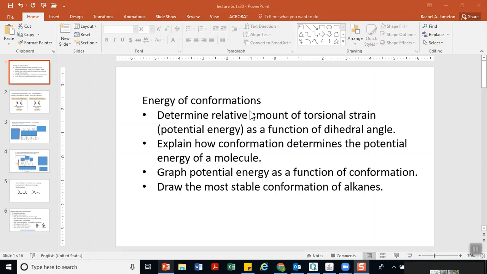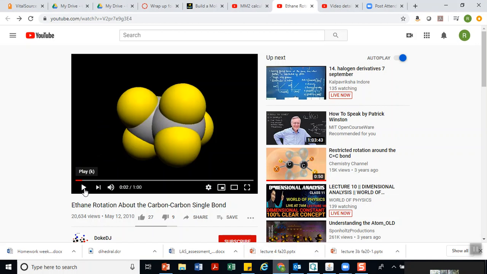So last time we looked at eclipsed versus staggered conformations. This time we're going to look at the relative energy of those different conformations. And at the end, we'll look at a couple of reasons why we might want to do this. But for now, the main reason is simply to explain the motion that we see when we look at this